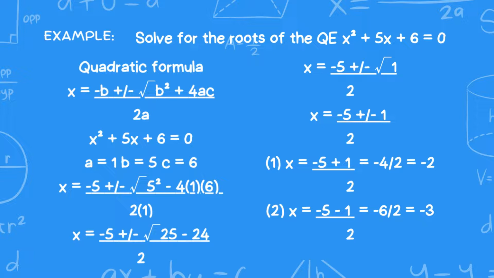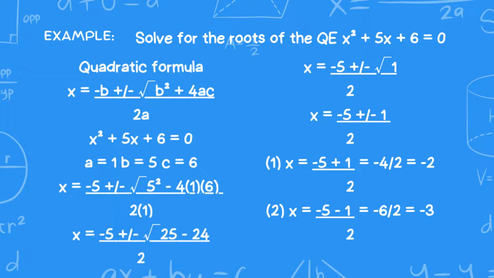Next is identify the values of a, b, and c, wherein the value of a is 1, the value of b is 5, and the value of c is 6. Then, write the quadratic formula and substitute in the values of a, b, and c. So as we substitute the values of a, b, and c, the formula will be x equals negative 5 plus or minus the square root of 5 to the second power minus 4 times 1 times 6